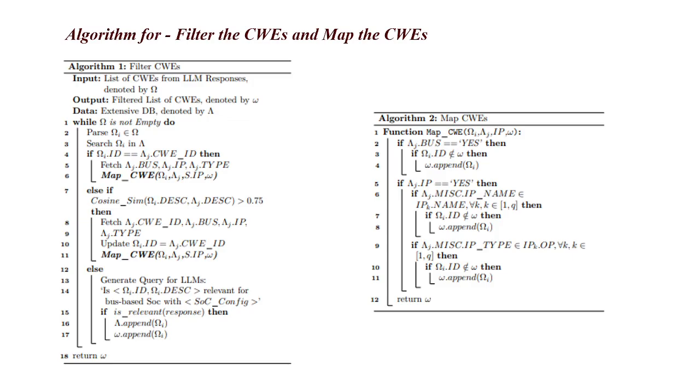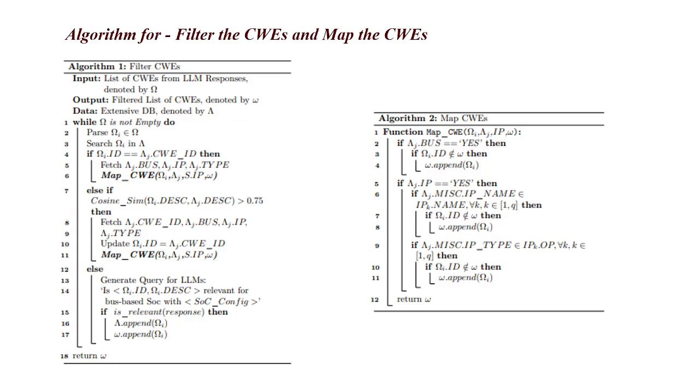So hi guys, this is Karthigeyan Muralidharan, and now I'll be explaining the algorithm for filtering the CWEs and mapping the CWEs. So for filtering the CWEs, the input is a list of CWEs from LLM responses denoted by uppercase omega, and the output is a filtered list of CWEs denoted by lowercase omega, and the data is an extensive